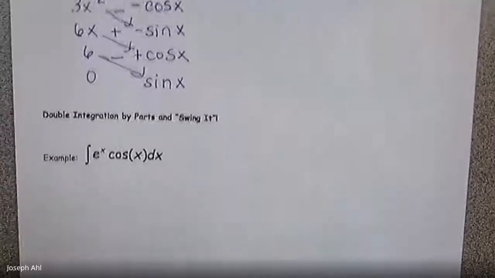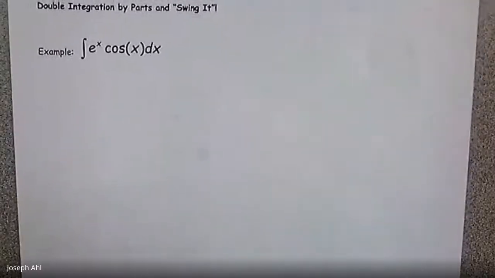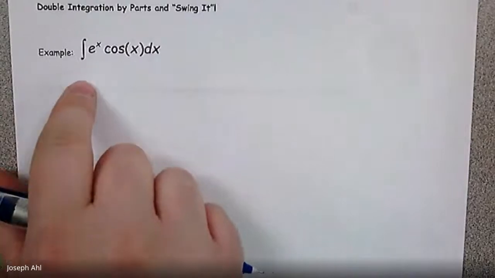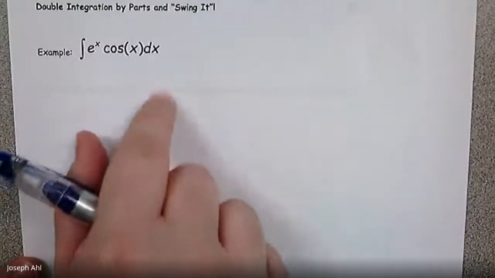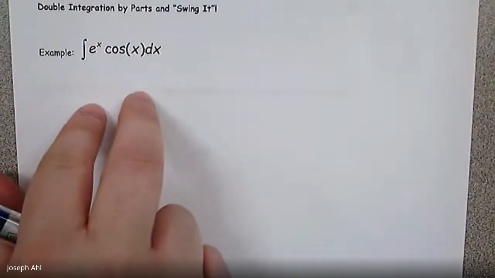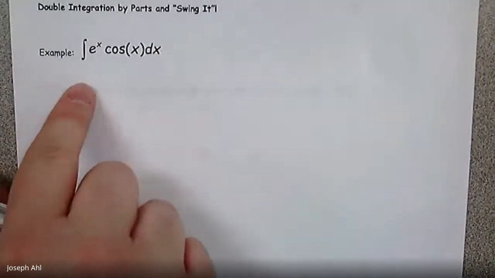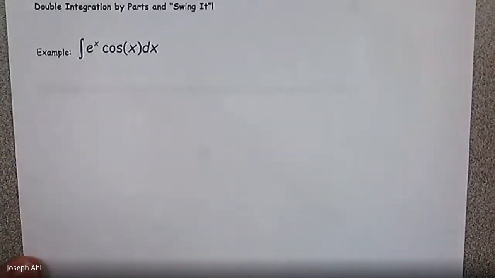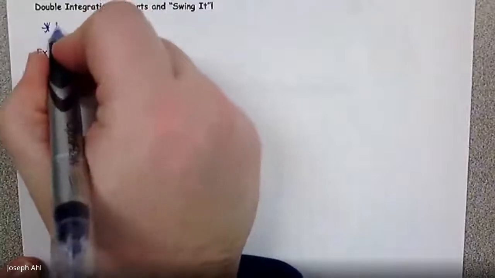All right, last one is e to the x cosine x. For this example, if we were trying to approach this with tabular integration, if I let, say, u equal e to the x and the dv side equal cosine x, you're going to run into some issues, aren't you? Even if you switch it and let u equal cosine x and dv equal e to the x, there's going to be issues with both of those columns because both of these